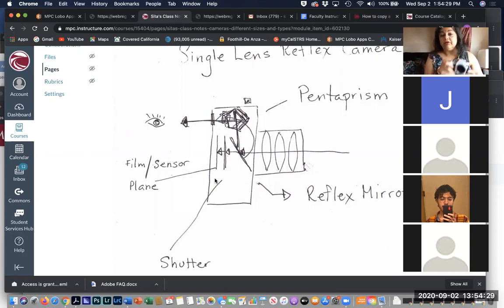There are cameras that do not have reflex mirrors. The first small format, that is 35 millimeter cameras, did not have reflex mirrors. They are called